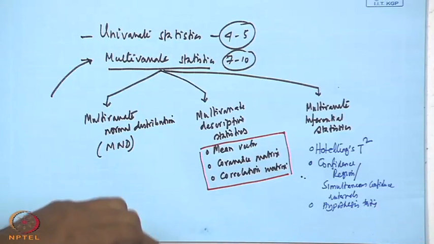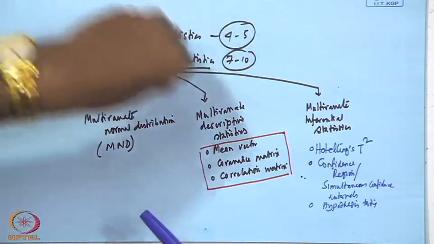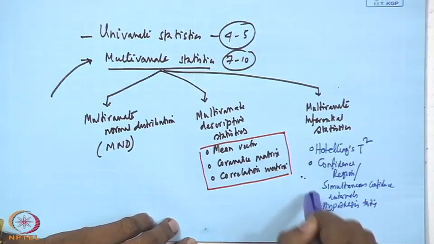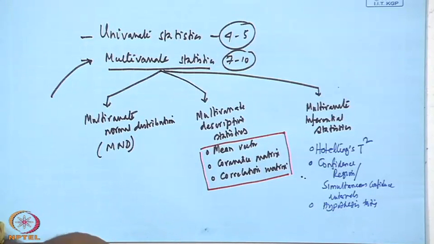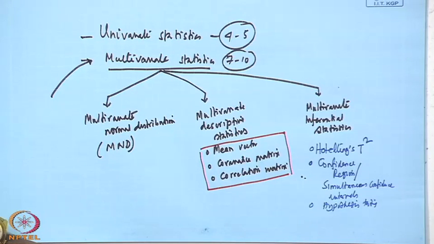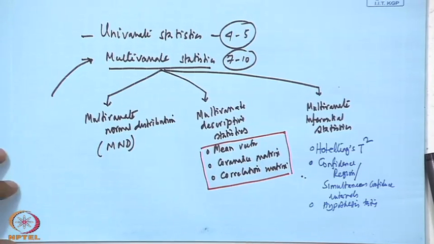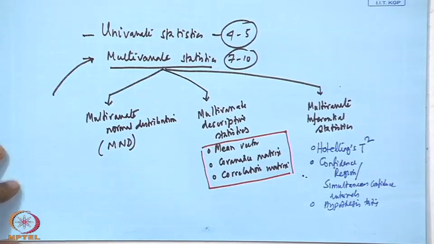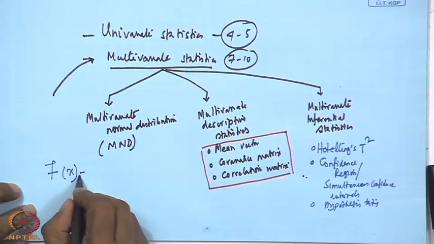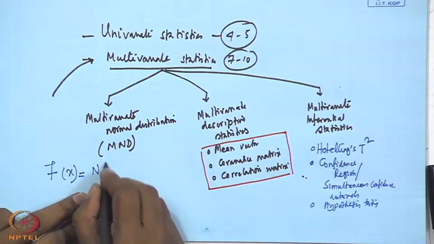So, whatever you have learned in univariate inferential statistics, the counterpart in the multivariate domain will be discussed up to hypothesis testing. Okay. And that in case of one population, in case of two populations, all those things will be discussed there. And you will see later on, as I told you, that the multivariate normal distribution is the crux of the matter. So, the univariate normal distribution all of you know, and we will denote it like this, N